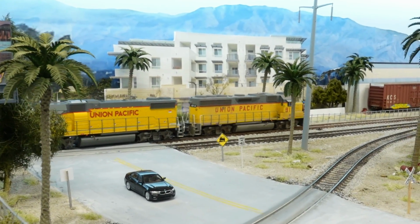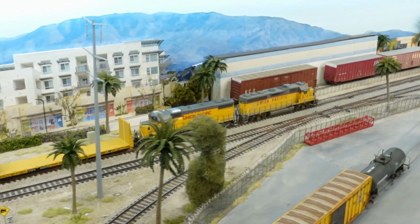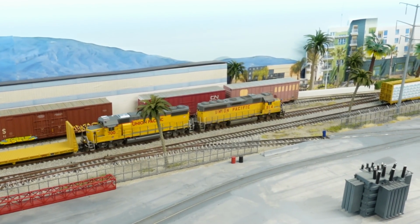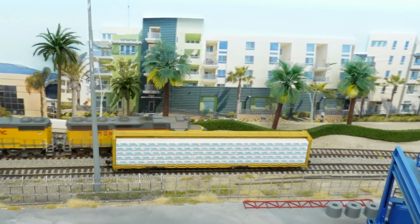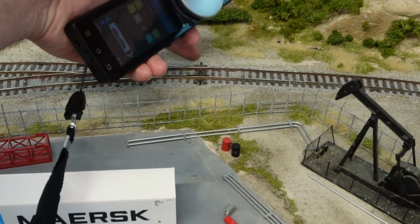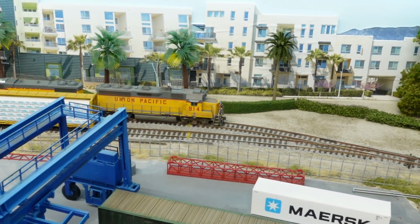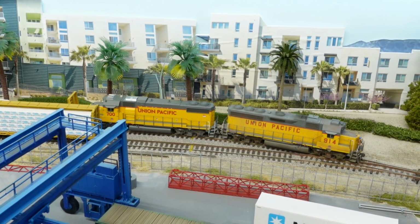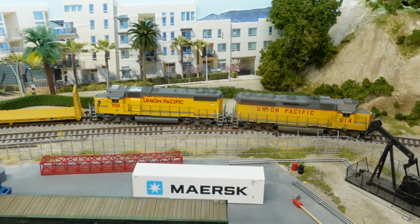That GP38 and GP40 sound good together. Now, if you want to see a couple of the real world guys running this exact line on YouTube, go ahead and look up LOA 39 Romeo R. And there's a couple of videos there, you'll see them. And it's actually a GP38, I think it's a GP38-2 and a newer model GP40-2 paired up together. They're actually graffitied up a little bit too,